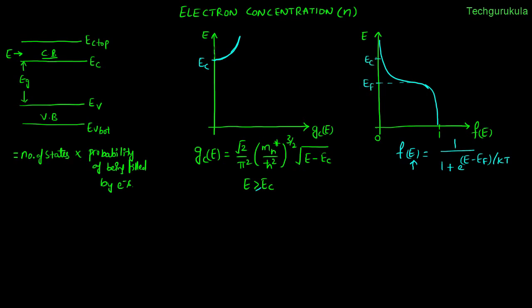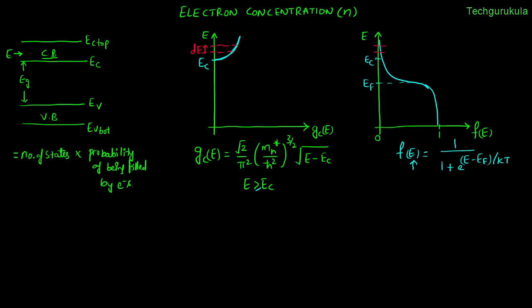Because in our analysis, E is a continuous variable, so we cannot talk about the number of electrons at a given energy level. Instead, within a given range, we can talk about electron concentration. So that's why I'm taking an incremental distance dE, over which I'm trying to find the electron concentration. So this would be the range, and similarly if we find out here,